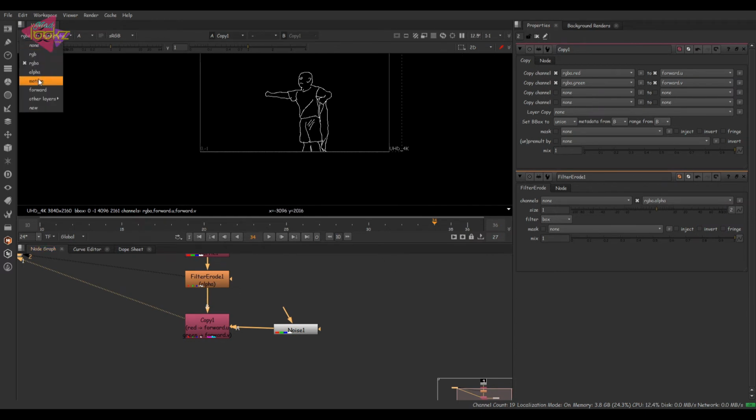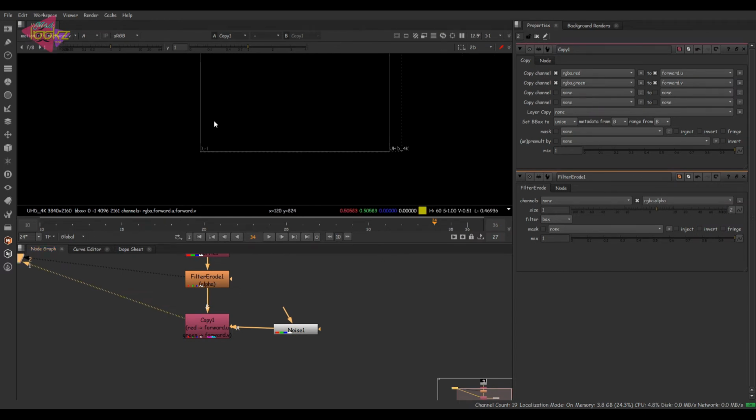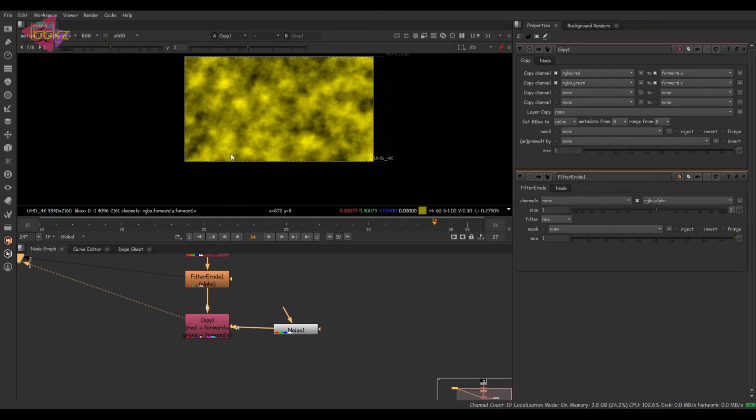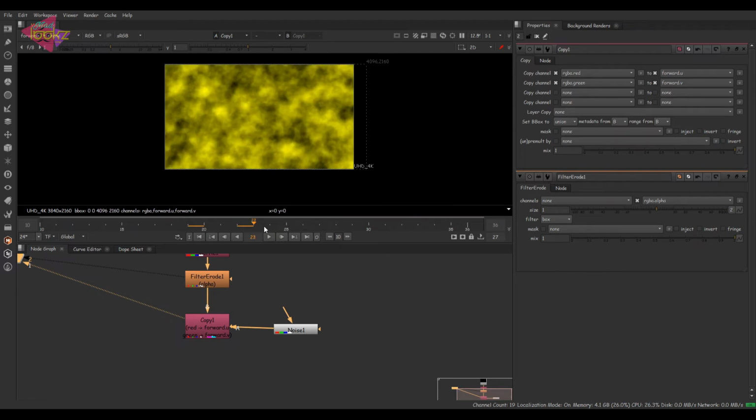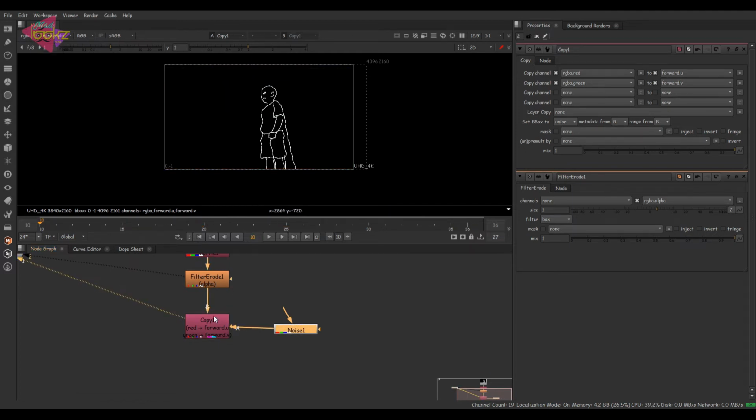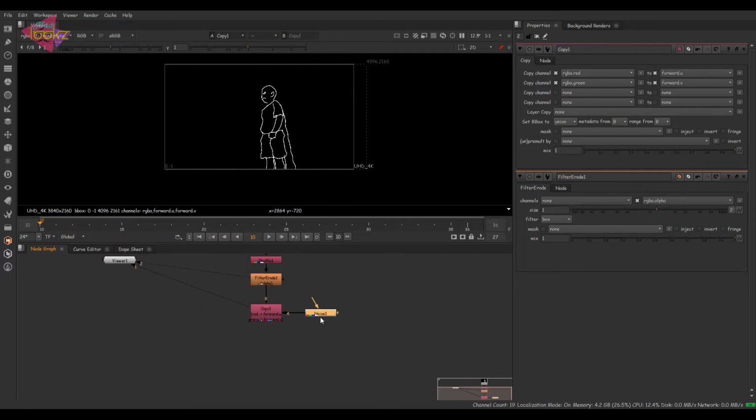Motion data is already there because I have done that before. But normally we can copy the red and green into forward and we can see that here. Now take an iDistort node for distorting the line drawing.